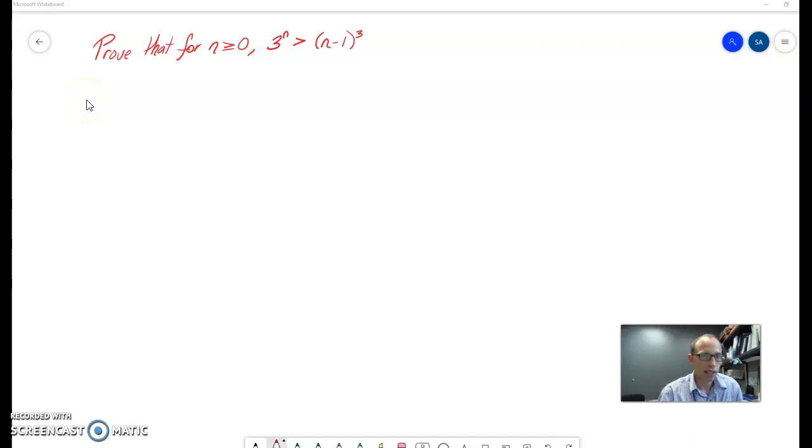Okay, we have a statement here that for any n greater than or equal to 0, 3 to the n is greater than n minus 1 cubed. Now, just to show you a couple ideas of what you could do here, you could show that P of 0 is true by plugging 0 in and showing it's true. You could show P of 1 is true, P of 2 is true,